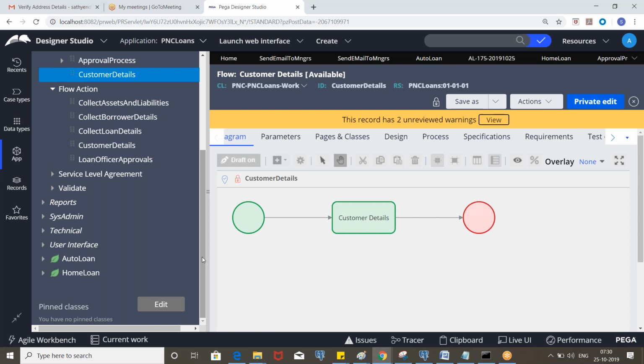Or let's say in an insurance application, you should be able to modify the insurance start date at any point of time in the flow before it is completed, right? So what we can do is create a flow action with those details and configure it in the flow.